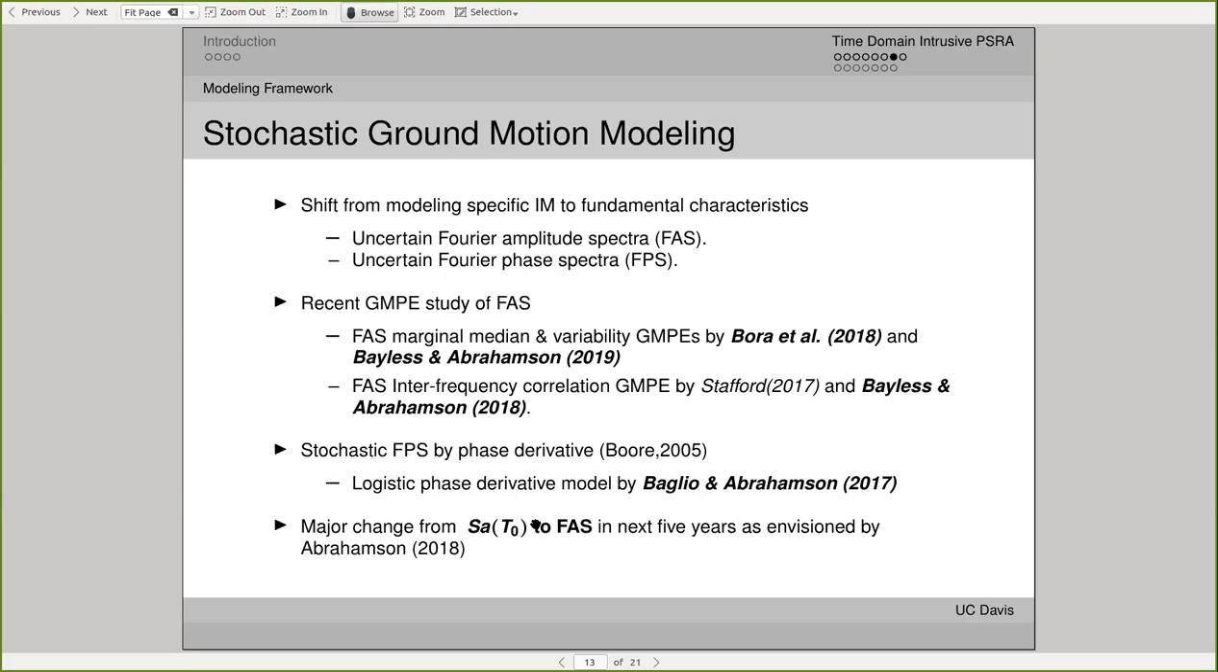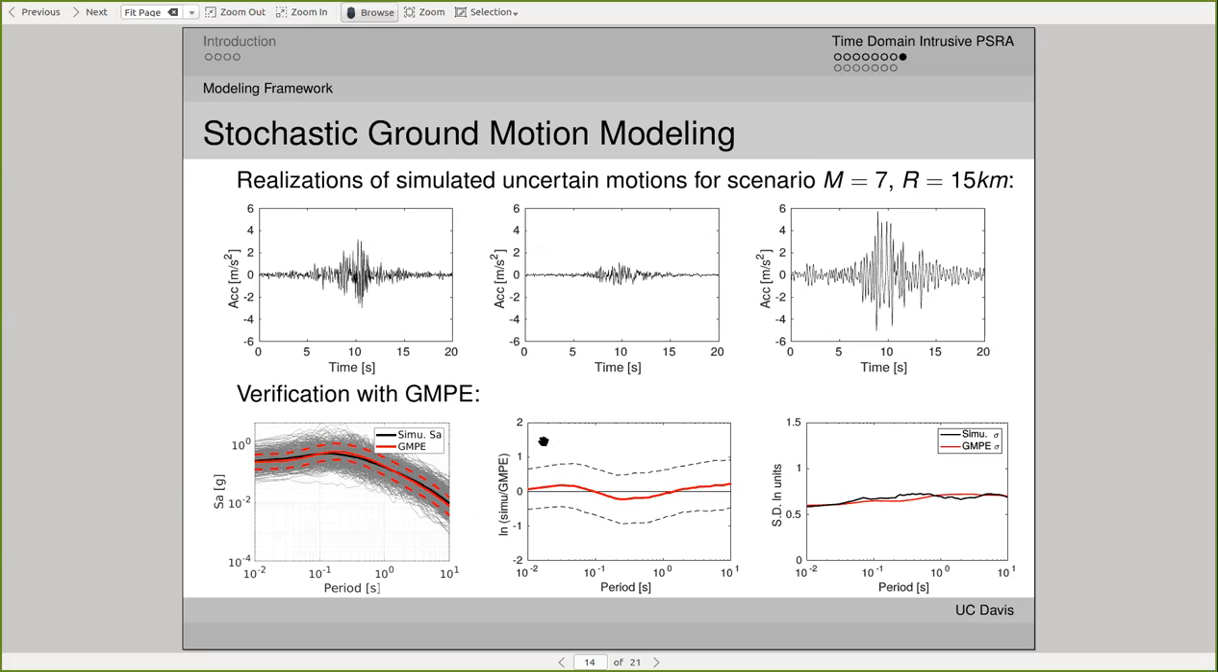We can directly provide a framework that propagates these uncertain motions to your uncertain structure system, which can directly do the seismic risk analysis. Here I'm showing three realizations simulated using the presented methodology, for a single scenario of magnitude 7 and distance 15 kilometers. For such a single scenario, we might have several hundred realizations,